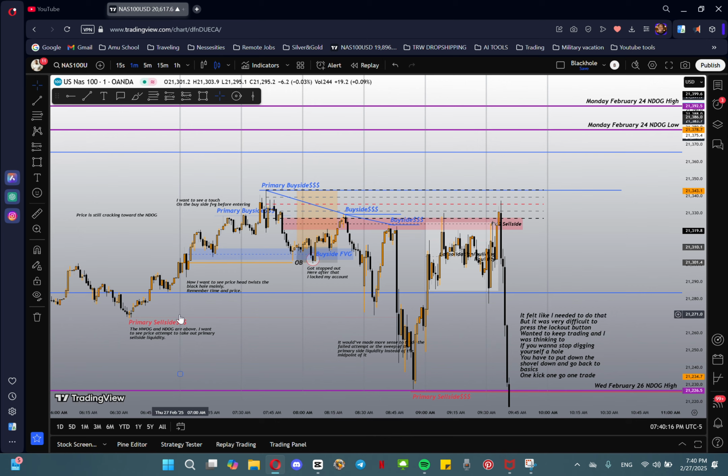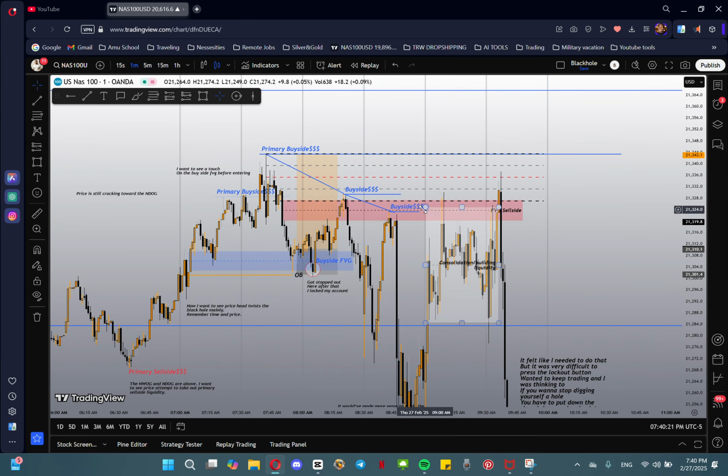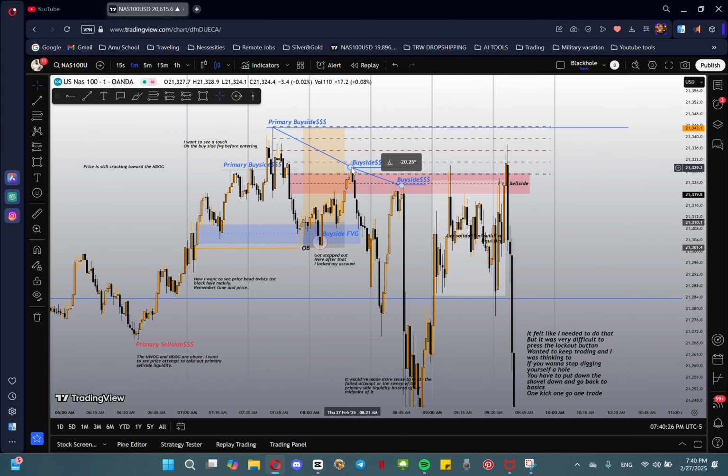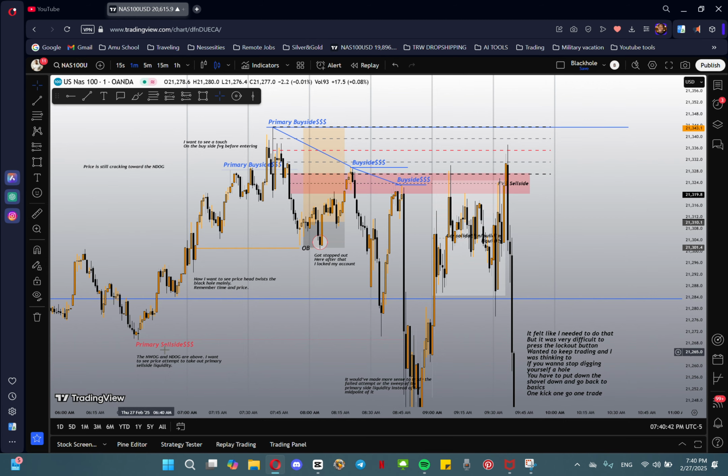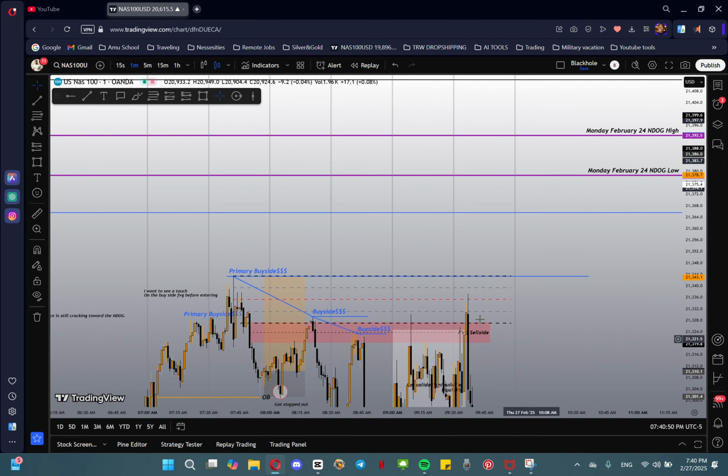And once we did not do that, that's when price started making higher highs and then higher lows. And we see here, made this one from earlier previous trade around 820, made our first official higher low, came back down, broke through the order block, and it came very close to primary sell side liquidity. So from failed attempt 1, failed attempt 2, failed attempt 3, saying that we're not going higher,